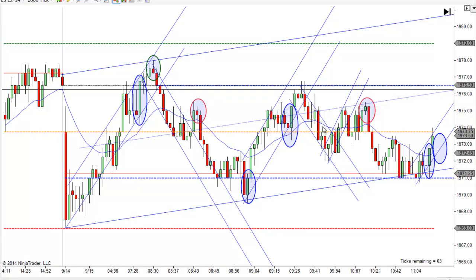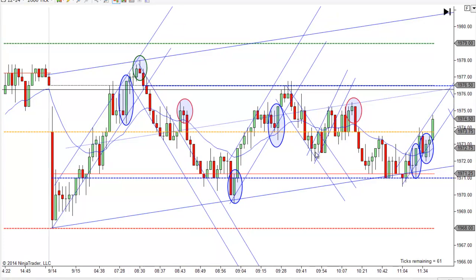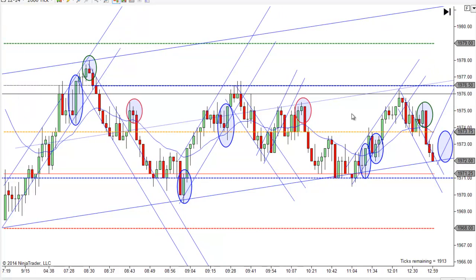You got a second entry right there, but again, now you've got this little line working down, and you don't have a break and a retest yet on it. You finally get the break, and you get a little long trap, and then you come down, you get the retest, and then it reverses. And notice on this one going down, you get the break and the retest. So you got a break and retest on this, a break and retest on this, and then of course you've got another one working down right here. I didn't even draw the line on that one, but